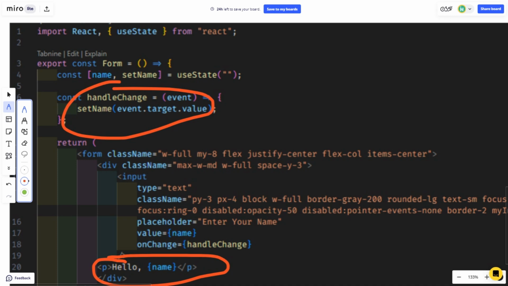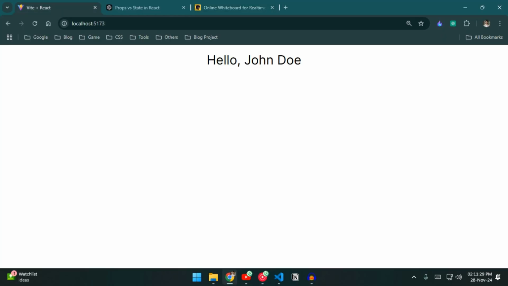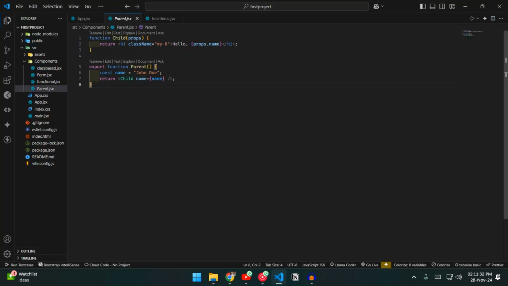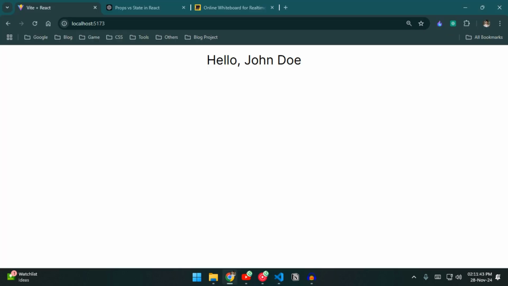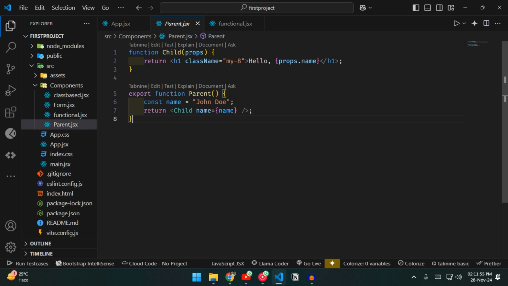As you can see, I told you that this is a parent, it has some name passing to the child, and the child is using that name. You can see here this is the child component which is using the parent component properties or values. As I change here, the name will be changed also, the child will be changed also. Hello, John Doe child. It means this is John Doe child.